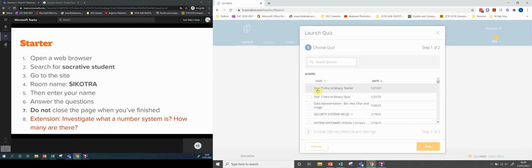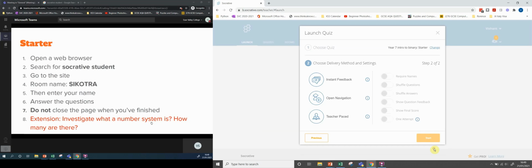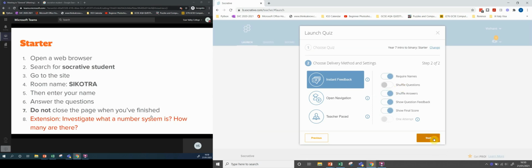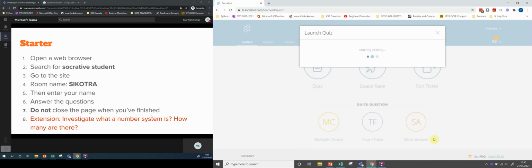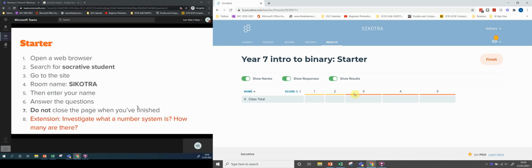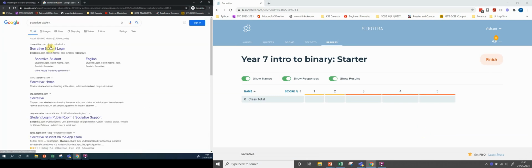I'm going to start a quiz called Starter. I'm going to make sure that they can answer the questions, but the answers are all shuffled around and they can see their final score. I don't want to shuffle the questions on this occasion because the questions kind of flow in terms of sequence. So I'm just going to start that, and then on the student part, go to Socrative